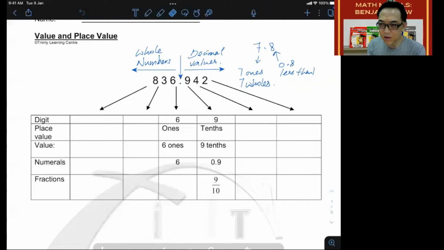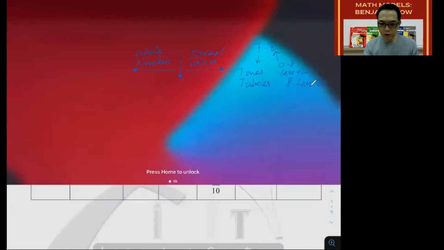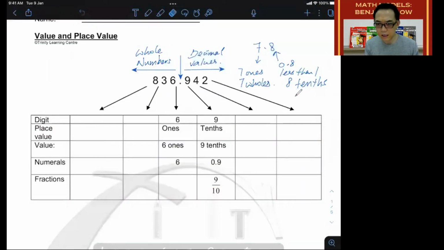And if it is less than 1, it means it is not even a complete whole. Therefore, it is just part of 1, and its value is 8/10. Now, why is it called 8/10? One way of looking at this is that 8/10 is actually 8 out of 10. Why is that so? Well, you can think of 1.0 as made up of 10